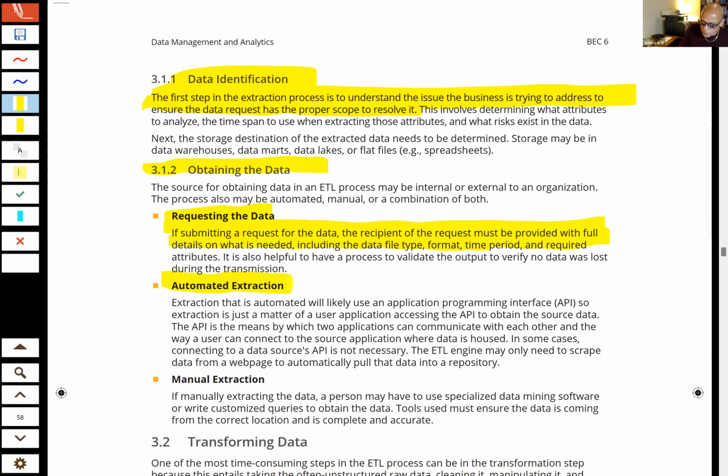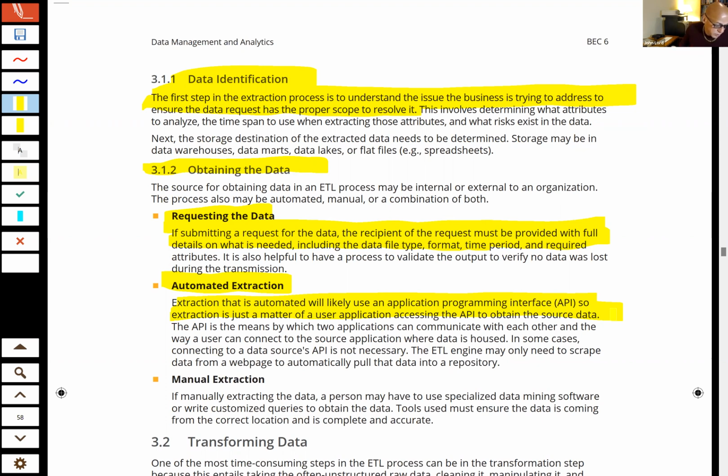You can use automated extraction. Automated extraction is basically where you use some sort of application programming interface. The one that we used to use at GAO was called IDEA. And IDEA, I forget what IDEA stands for, it's actually an acronym, is where you can go in and interface with the client system and essentially extract whatever data you want out of the client system, and then you can begin to work with that information.